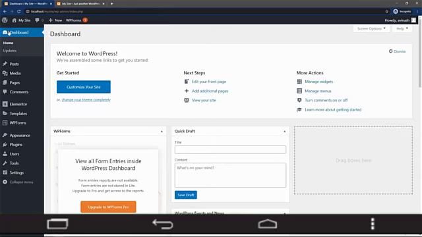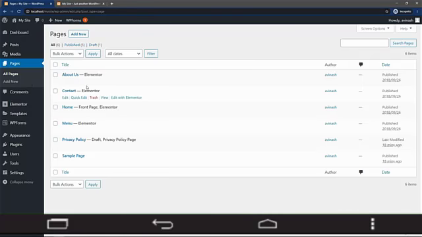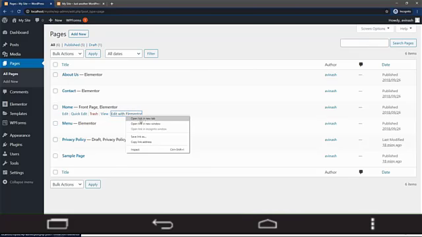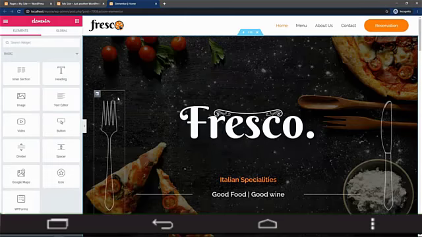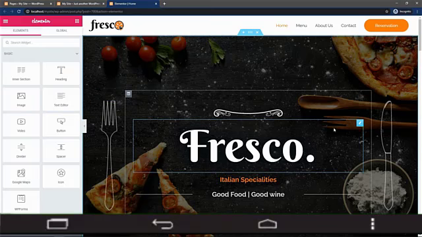So let's come back to the dashboard, and here we will click on the pages. On this page you can see we have the page called home. So let's click here, edit with Elementor. I will open this page in new tab. So right now you can see our home page is here, and we can edit this page. So suppose I want to edit this text. I'll just click here,